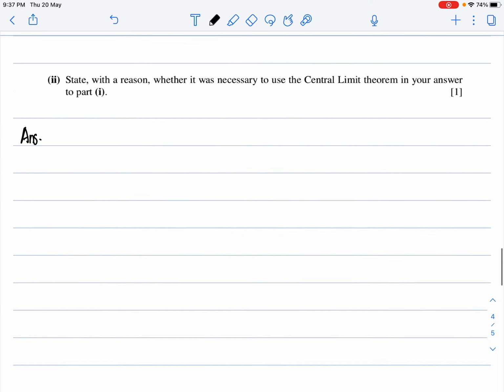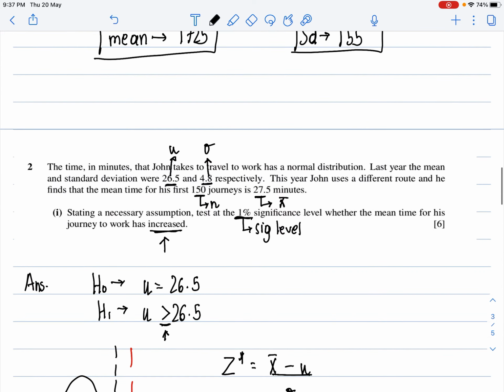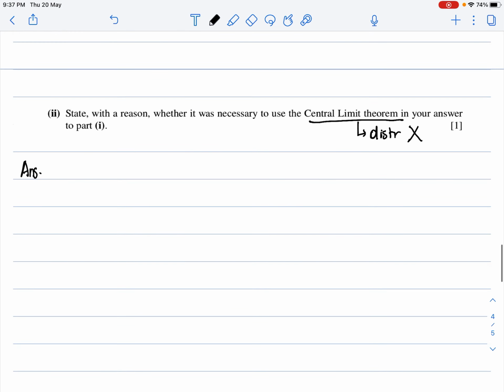Now, state with the reason whether it was necessary to use the central limit theorem in your answer. We use the central limit theorem when the distribution is not specified whether it's normal or not, and at that time we see if n is more than 30 and then we approximate it to normal. But here, they have stated that this has a normal distribution. So why do we need to use the central limit theorem and assume that it's normal distribution? So I can just say no,